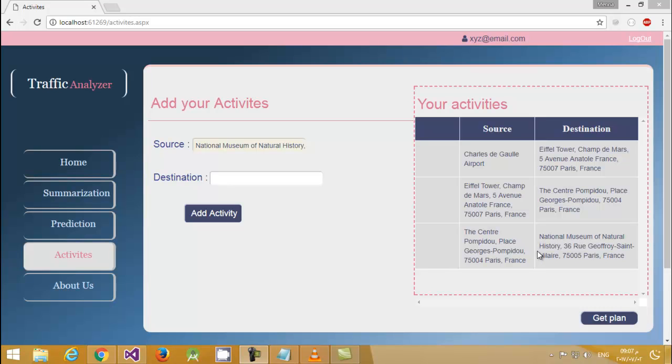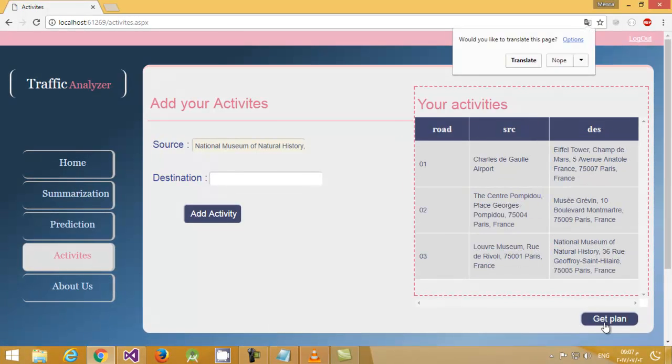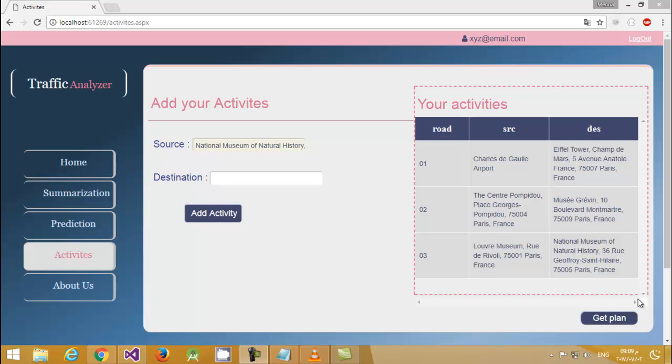For example, you should do the first and the second. That will give you less driving time than doing the order the user already entered. So the plan will reschedule these activities according to the shortest drive time.